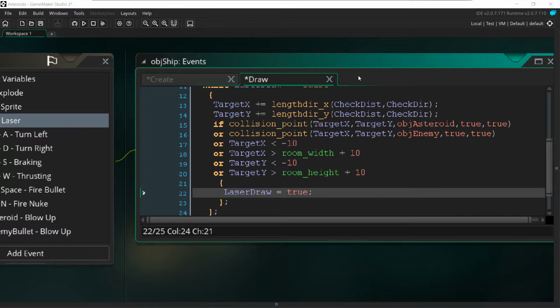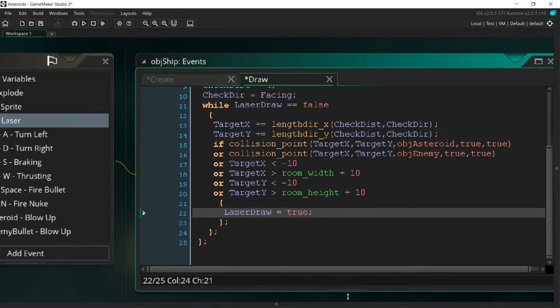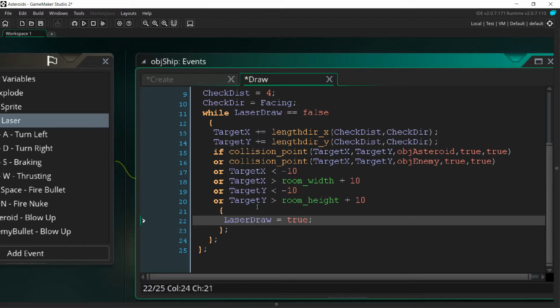So now what's going to happen, it will stop checking. As long as laser draw equals false, it keeps looping through this until it finds something or it goes outside of the room. Once it does, it is now true and it will not run this code again. Now it'll drop down,